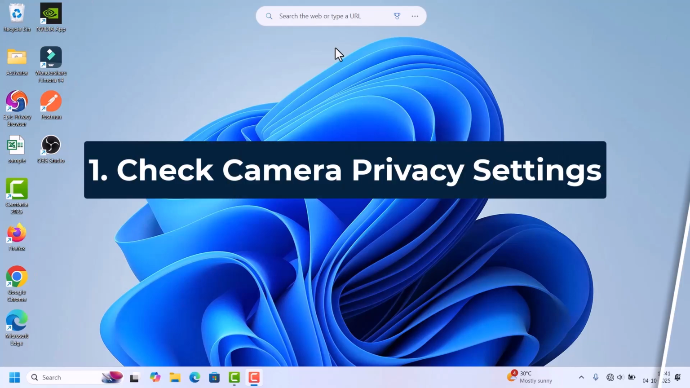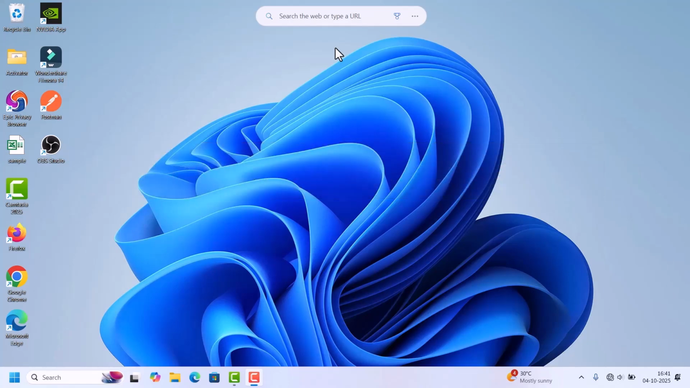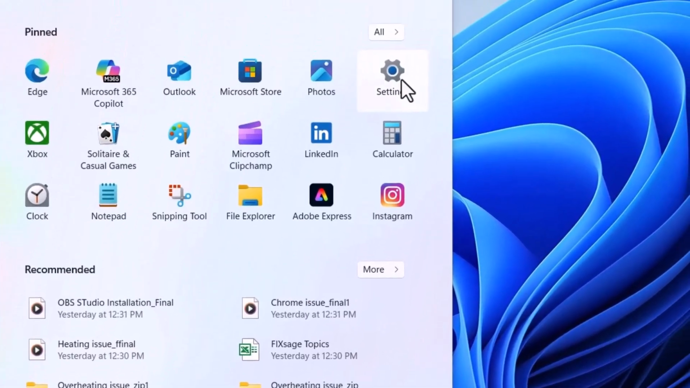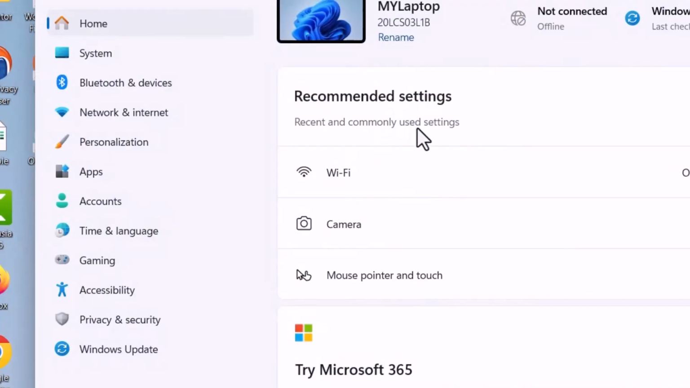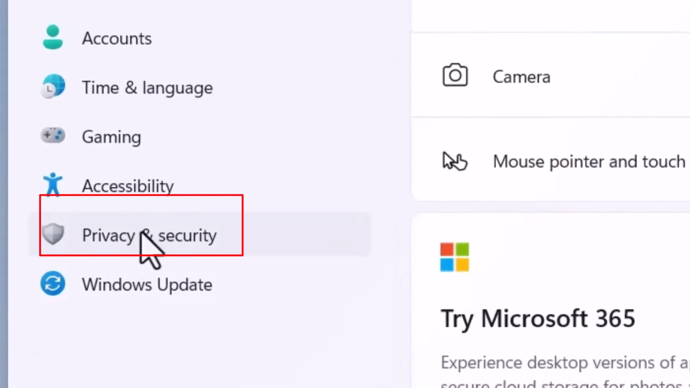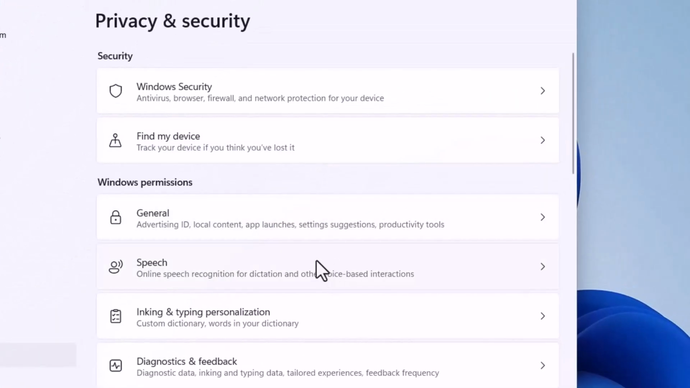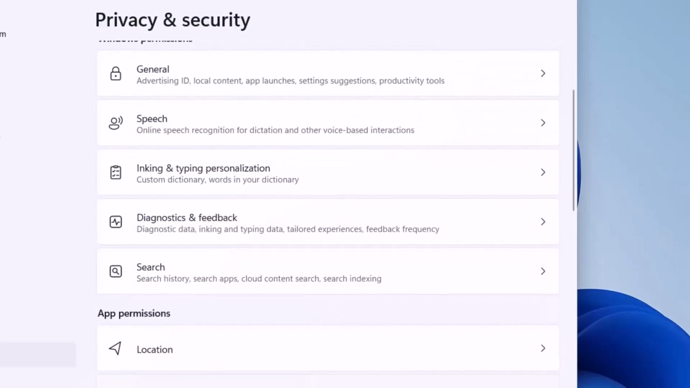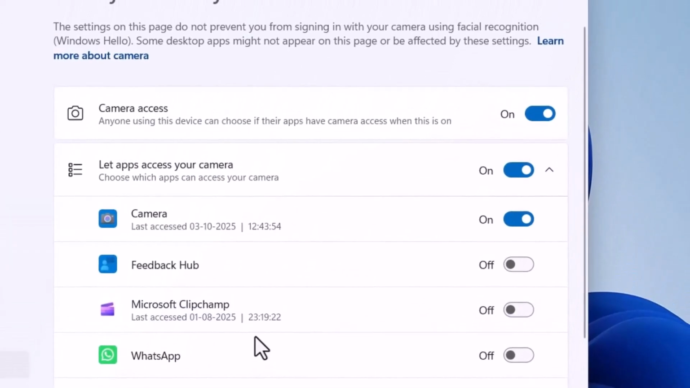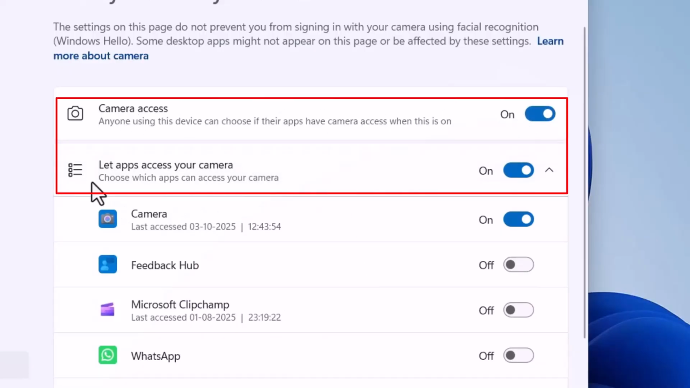First, we can check the camera privacy settings. For that, open the settings. Go to Start, click on Settings. In the settings, on the left side, click on Privacy and Security. In Privacy and Security, search for Camera. Here it is. Click on that and make sure camera access is on, and also the option let apps access your